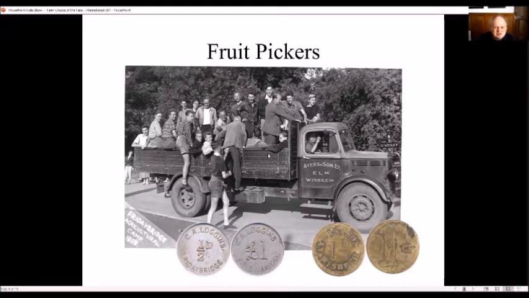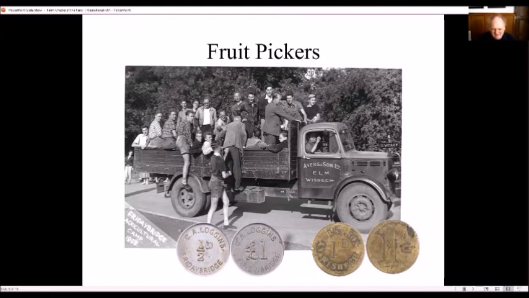No health and safety those days. Everybody could just hang on and try not to fall off. The people were housed in camps or caravans or barns, depending on the size of the farm. But there was a huge agricultural camp at Friday Bridge, and this was based on a World War II internment camp. So it had been tidied up a little bit, and obviously the internees had gone.